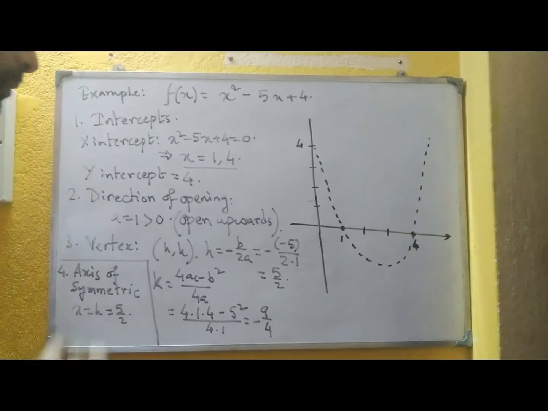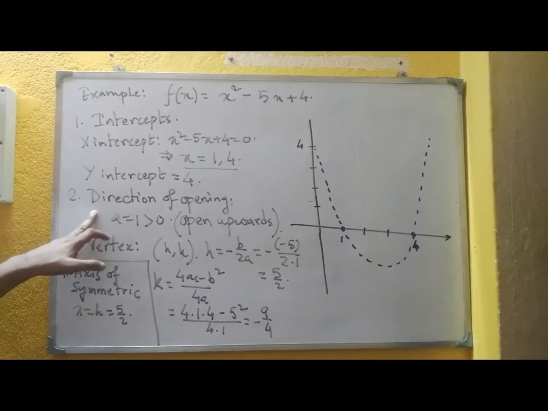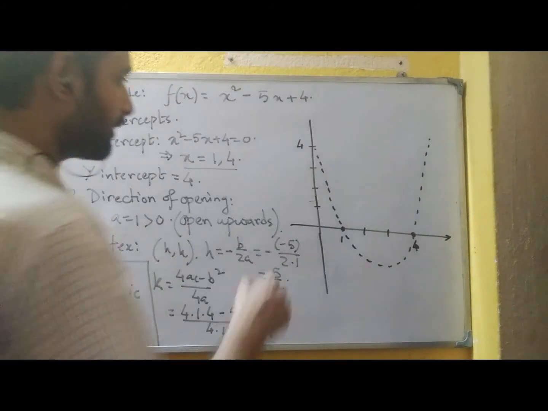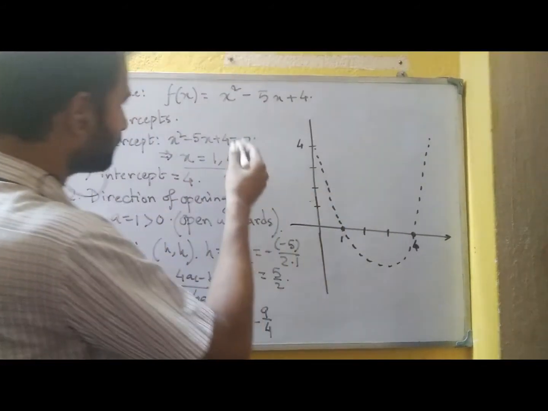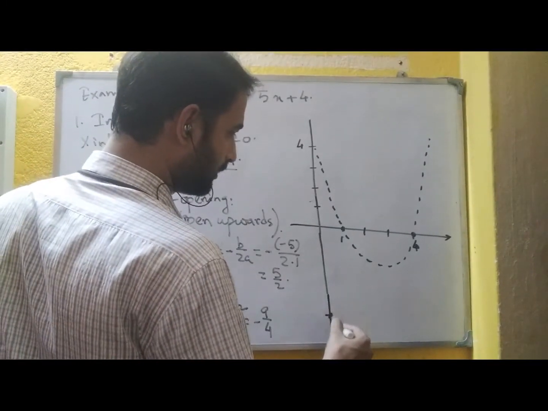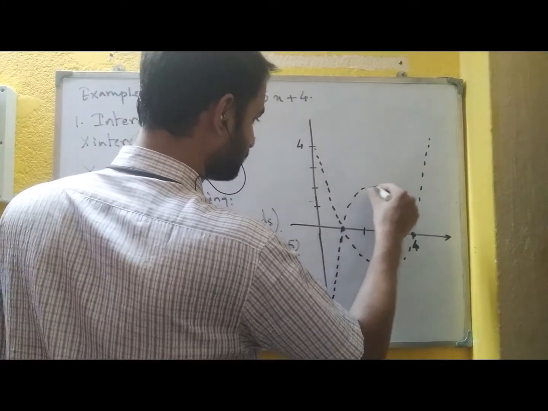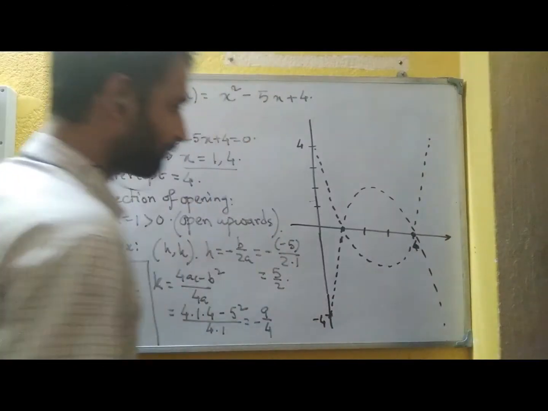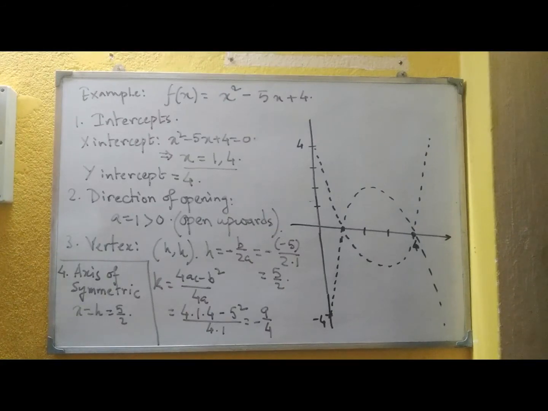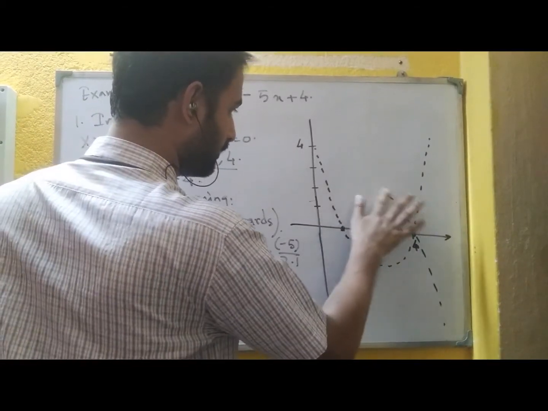Now let us put the values one by one. The next thing is the direction of opening. That's why the graph is open upwards. So we have taken this. If a was negative, then the graph should look like this. Then the y-intercept also will be some negative value, say it will be here, say it is minus 4, and in that case we will have the graph like this. So in case a is negative, the second thing will happen, but here a is positive, so we are taking the open upwards type.